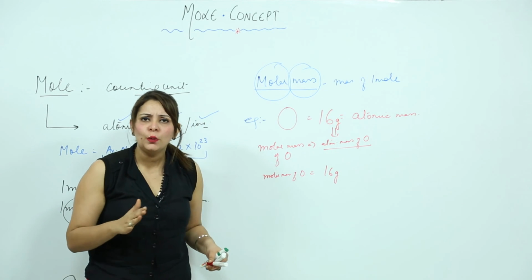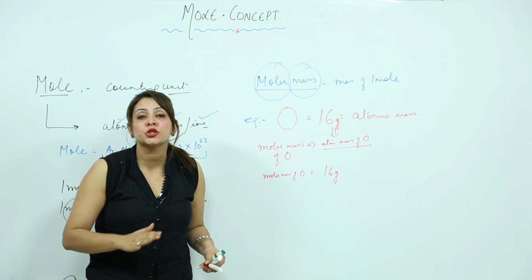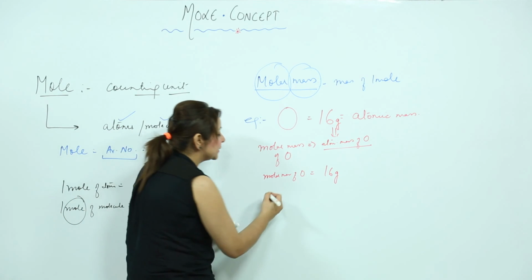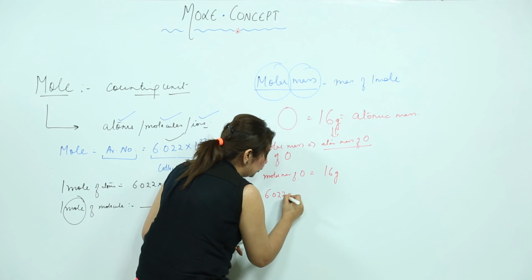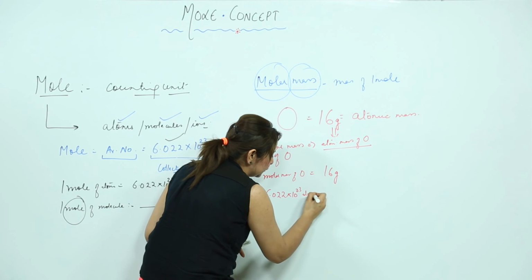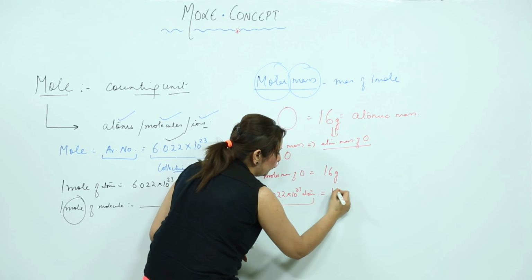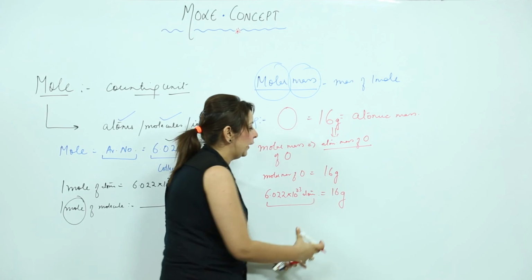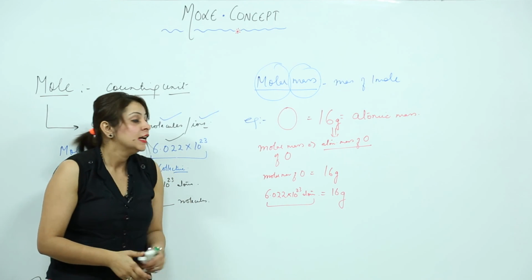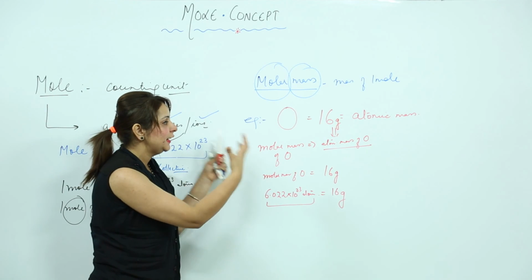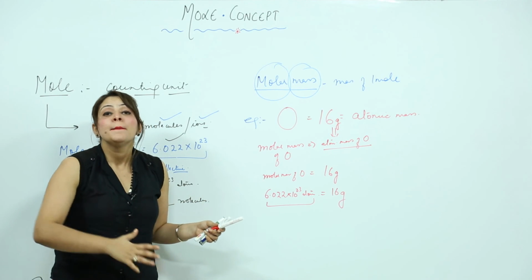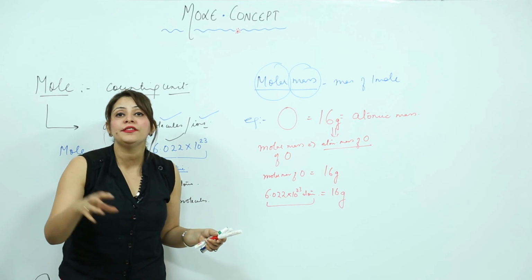So is this the mass of one atom? You are going to say no, it is not the mass of one atom. Actually, it is the mass of 6.022 × 10^23 atoms. These atoms together weigh 16 grams. Right. So similarly, I'll take an example for a molecule, because when we talk about a mole of molecules,